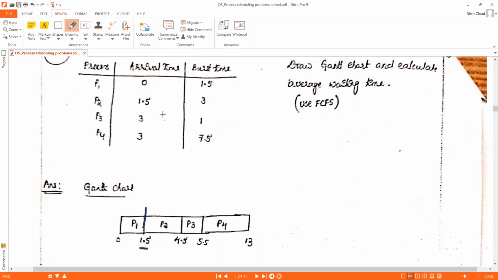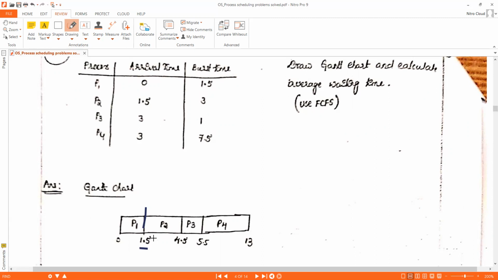Okay. And its burst time is 3 milliseconds. At 1.5 milliseconds, CPU is free. So CPU will be allocated to process 2. Okay. And process 2's burst time is 3 milliseconds. Process 2 will start execution by the CPU at clock time 1.5 milliseconds, and it needs to complete its execution